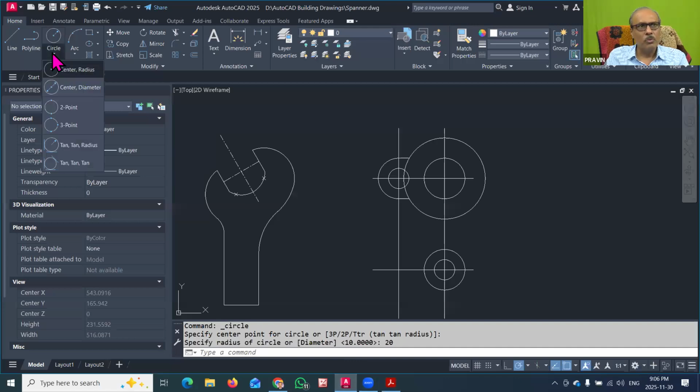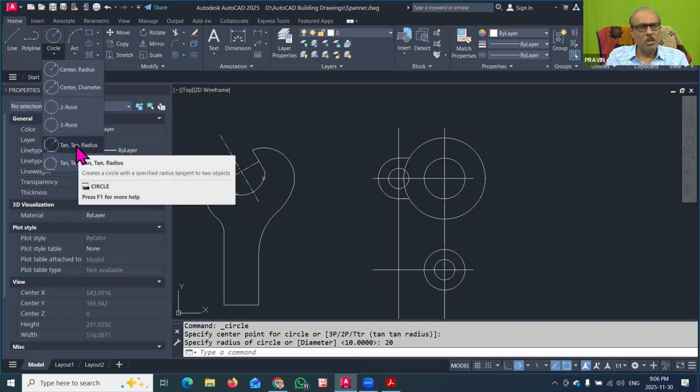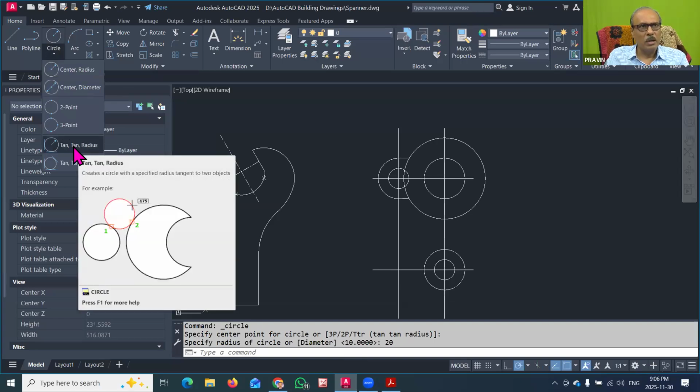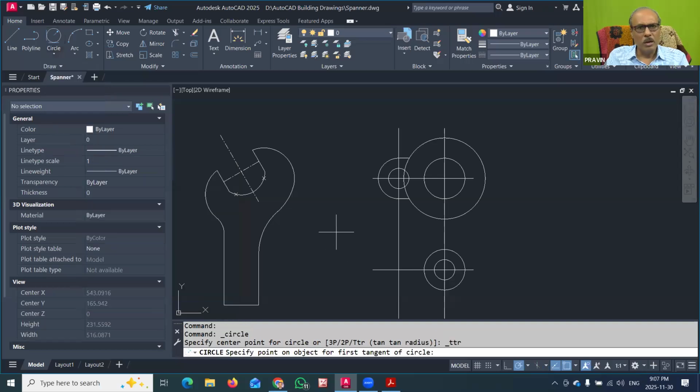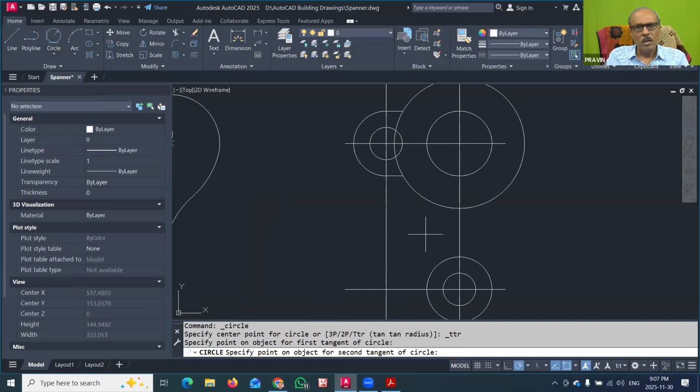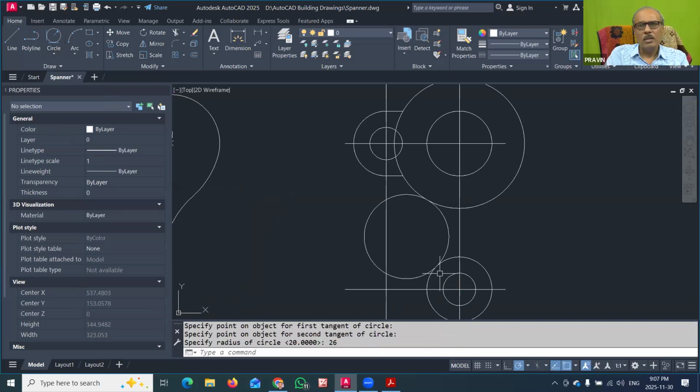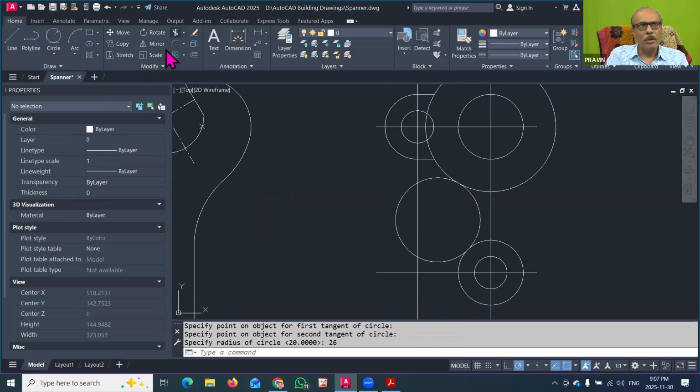So here we have to use the option of tangent radius, means the circle is tangent to two objects and of given radius. So I will go to this option. Now I have to give the first touch point to this circle, another touch point to this circle, and now I have to specify the radius as 26. So you can see that the circle is drawn touching both the circles, the outer part. Now I can trim. So I will use the trim command here.